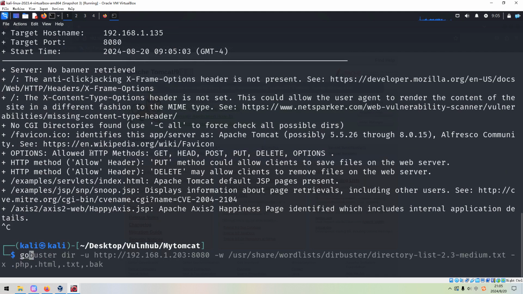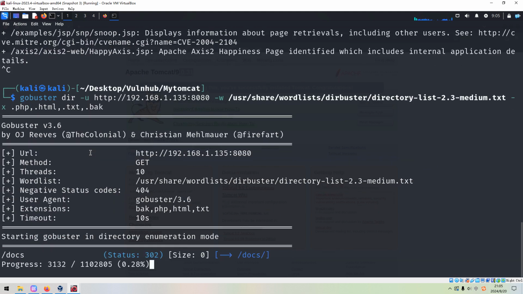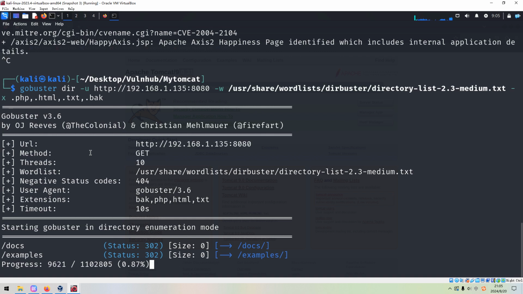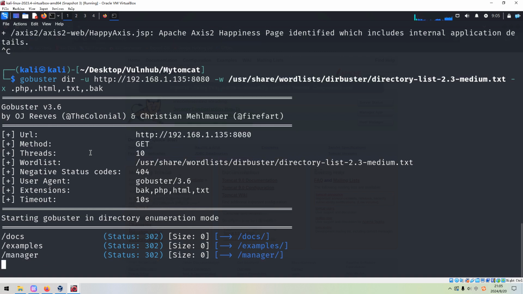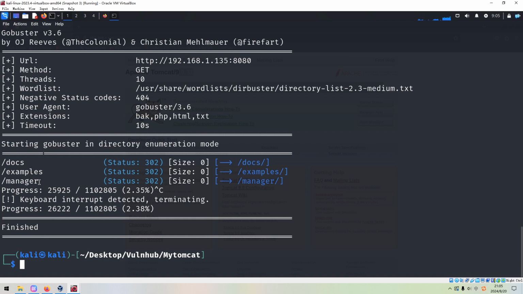So next we can launch GoBuster to do the automatic enumeration, and to do the directory enumeration, to be specific. And as you can see, GoBuster can discover some files or directories like docs, examples, but I think also can find the manager.